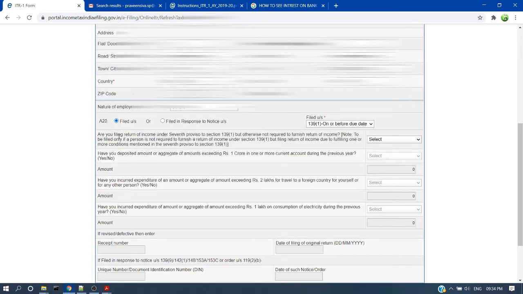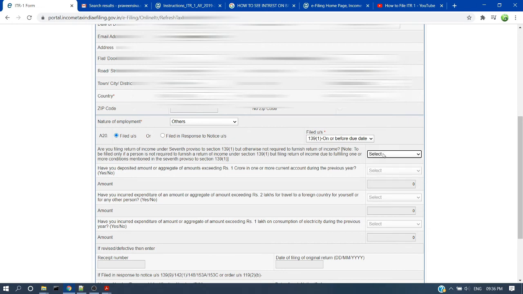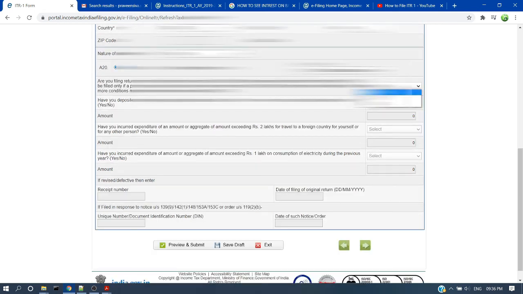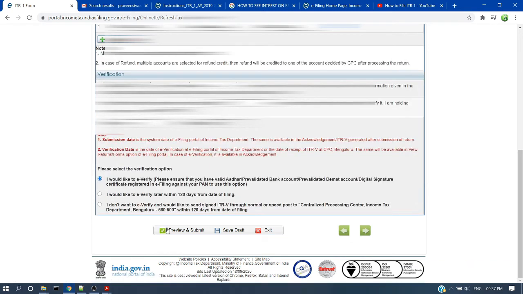It is showing an error in B3. Here you can see we need to select this field for submitting a document. If you don't need to file an ITR but you are doing so because of the following reasons, you have to choose yes and fill in these fields. But if you want to file ITR under section 139, you have to choose no and fill in the details in other tabs. Okay, I'm verifying now.